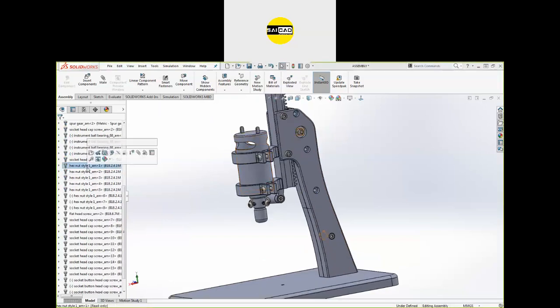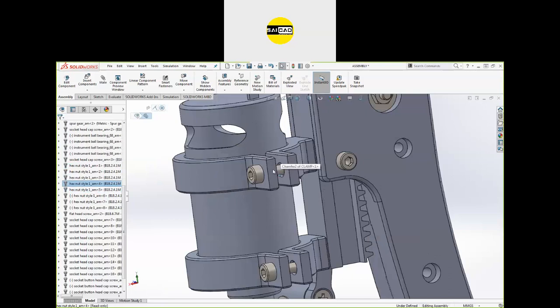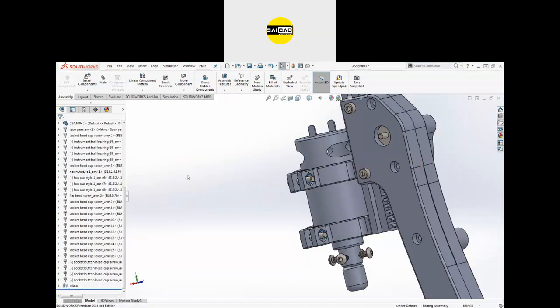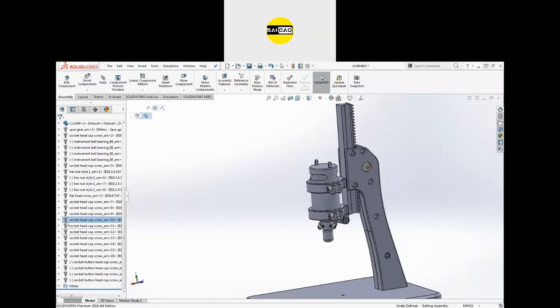And after that, hexagon nuts. Okay, I think these are the hexagon nuts. So we have the hexagon nuts right here. So I'm going to use lead first, like that. We have a cap screw right here. This socket head cap screw. I'm going to remove those also.